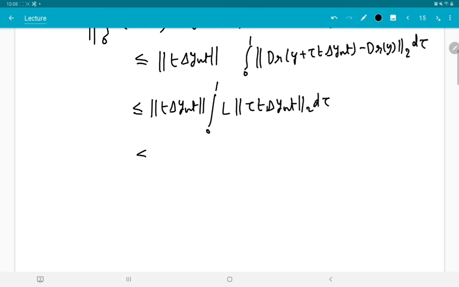And this is equal to, now we can move out t and delta y and t again. So we have t square delta y and t square